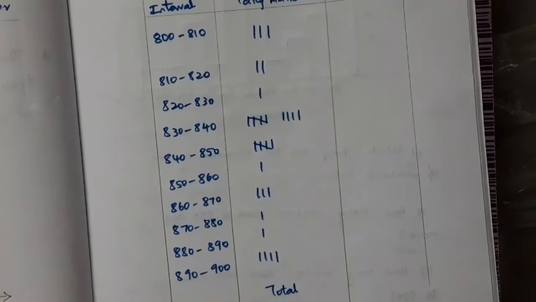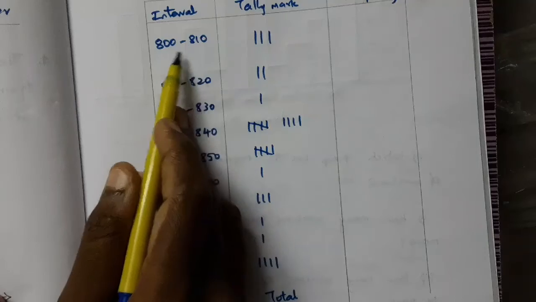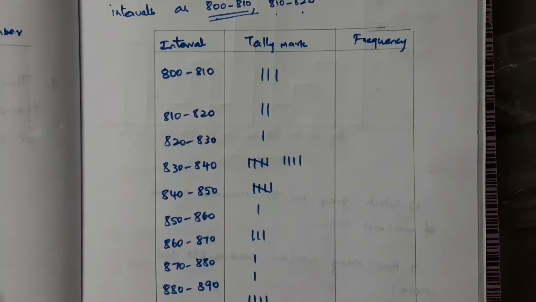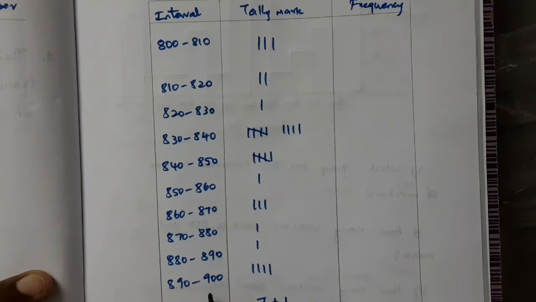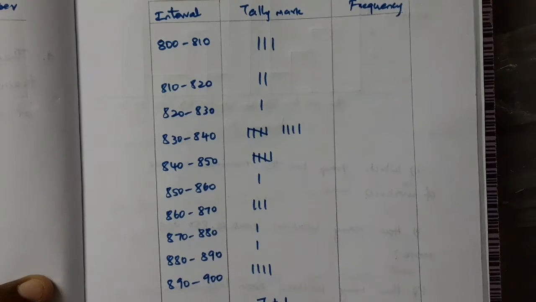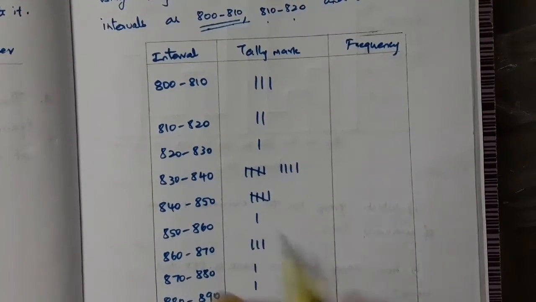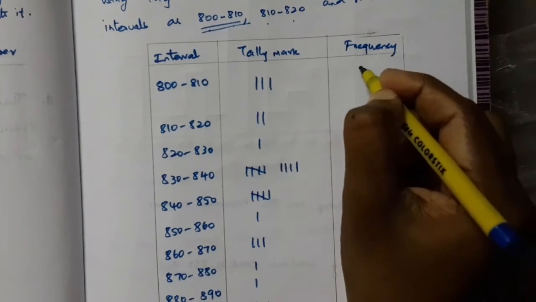So in the interval, I start from 800 to 810. I am increasing by 10 each time because in the question it is given using the intervals 800 to 810. So I have written up to 900. If the numbers were going beyond 900, you could write another row as 900 to 1000. Since the greatest number here is 898, I stopped at 900. So I have counted and written it here. From 800 to 810, there were 3 members, so I am giving 3 here.